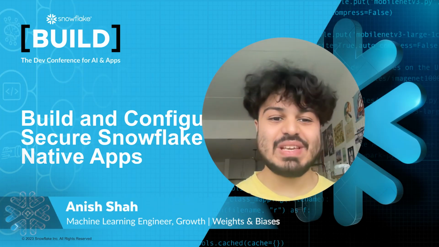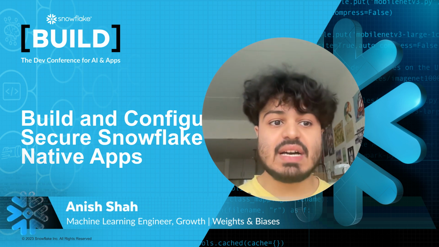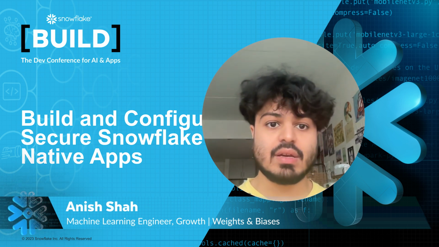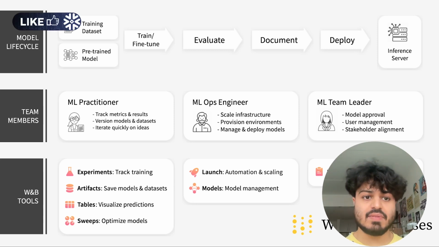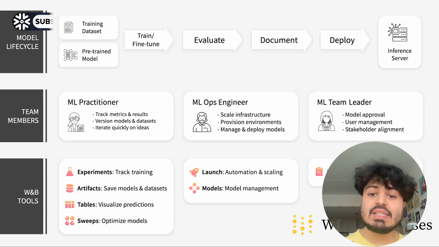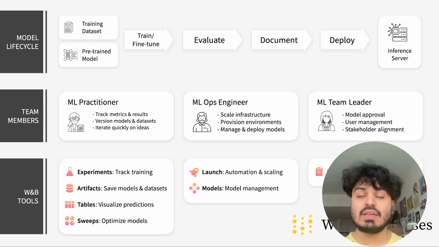Welcome to fine-tuning the Code Llama LLM with Weights and Biases. Today we'll be discussing the traditional machine learning model lifecycle. And so from a machine learning workflow perspective, that usually involves a training dataset sourced from your data platform like Snowflake, a pre-trained model sourced from a platform such as Hugging Face, and together they're combined via a process called fine-tuning, where the resultant model is then evaluated, documented, and deployed for whatever your use case and your dataset was specified